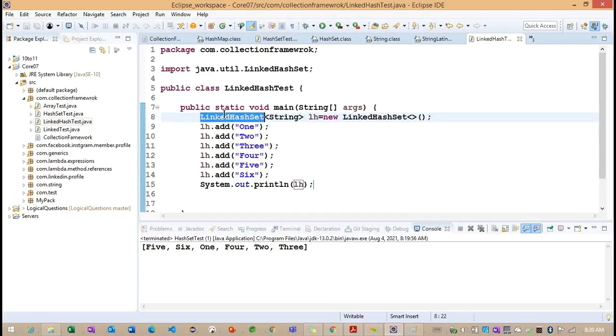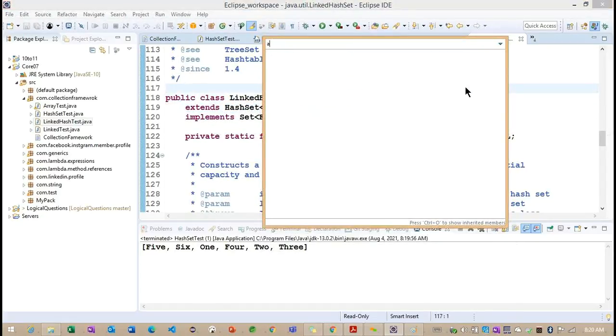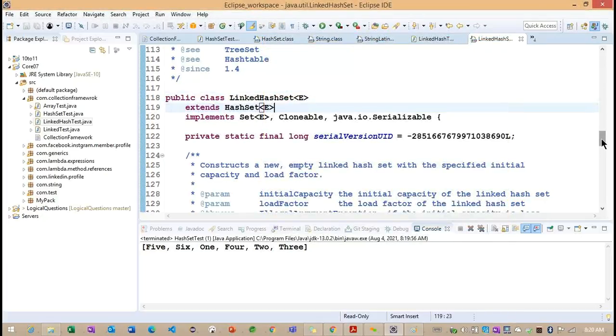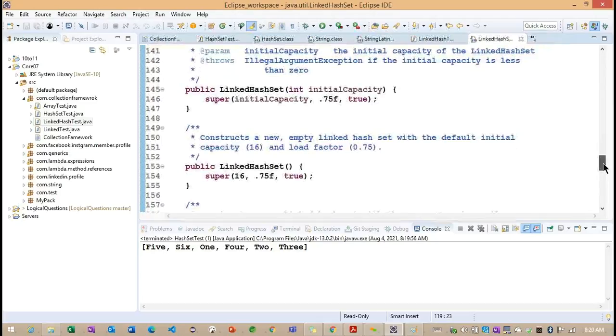Linked hash set internally extends from the hash set here. Now the add method. Now add method here. So linked hash set, this is the constructor we are having.